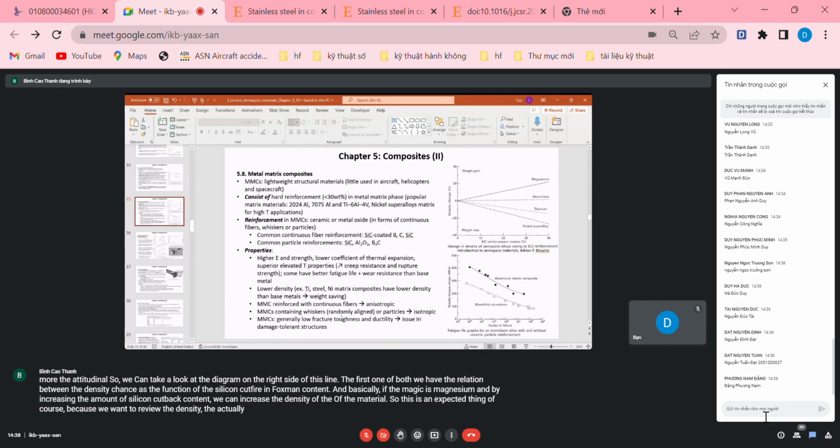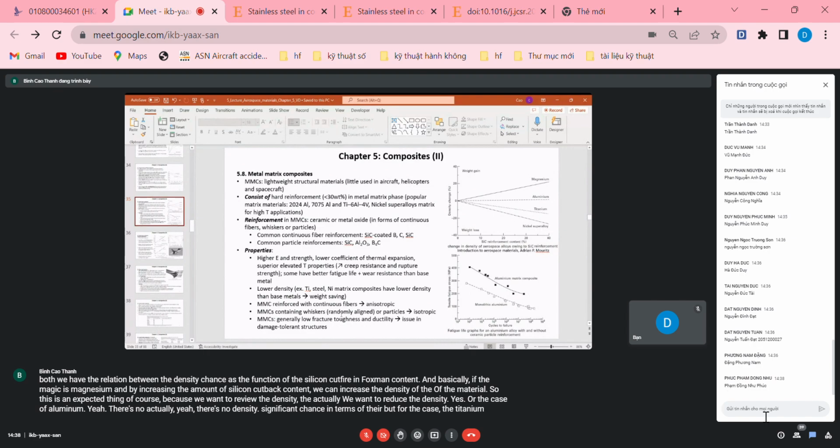Actually, we want to reduce the density. For the case of aluminum, there's no significant change in terms of the density. But for the case of titanium or nickel-based superalloys used as the matrix materials, if we increase the amount of silicon carbide content, then we have the positive effect of density reduction. So the weight loss, yeah. So it becomes lighter